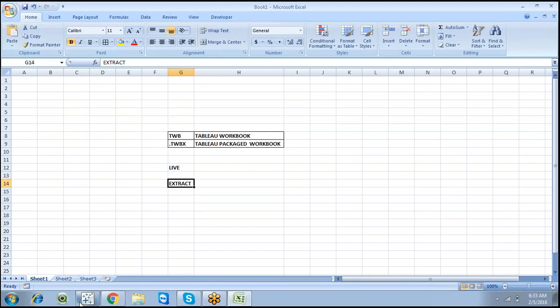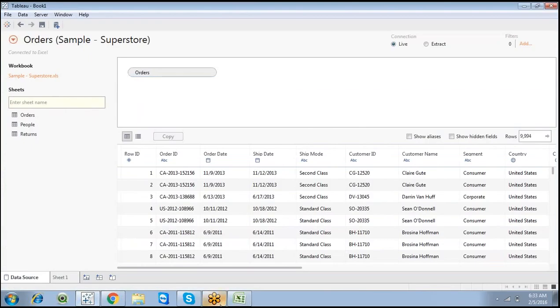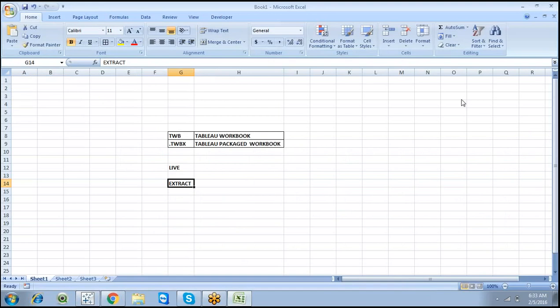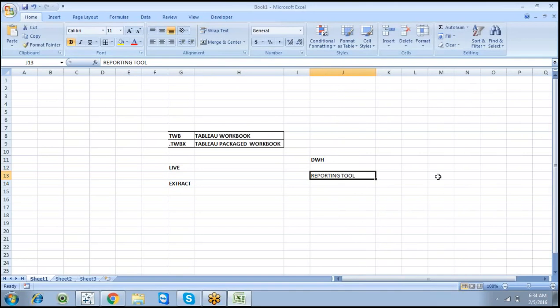So normally we know the actual concept of how reporting tools work. We have a database connection, first a simple database or a data warehouse. Then on top of the data warehouse we connect to a reporting tool. So we have a data warehouse, and we have a reporting tool. We can connect straight away to a database and work on it.